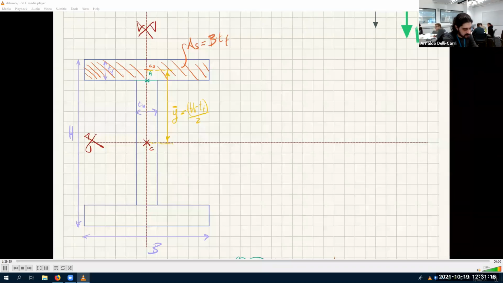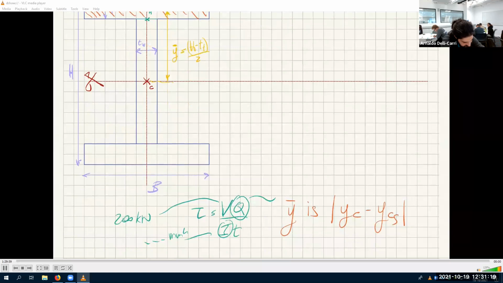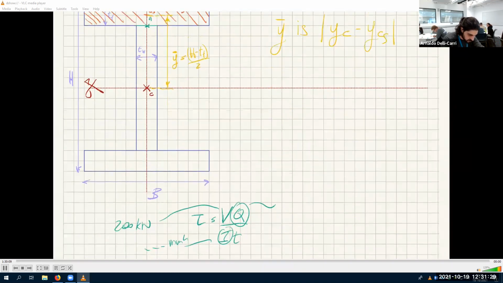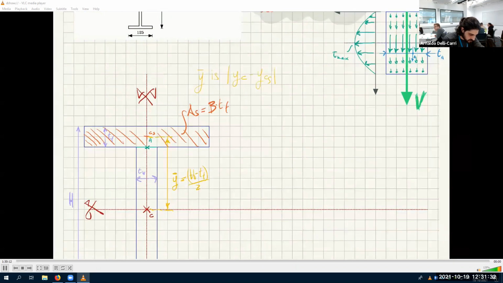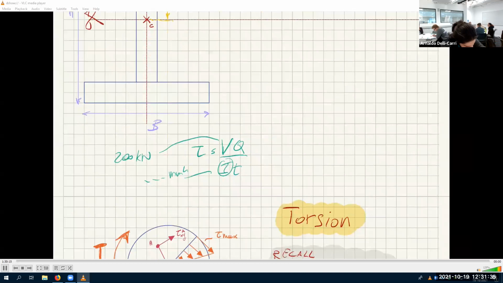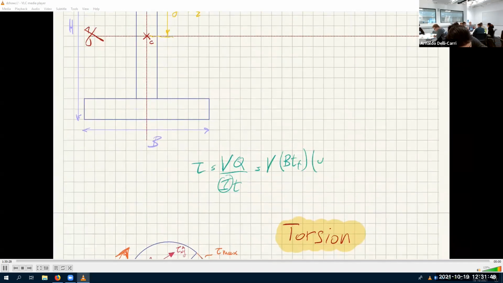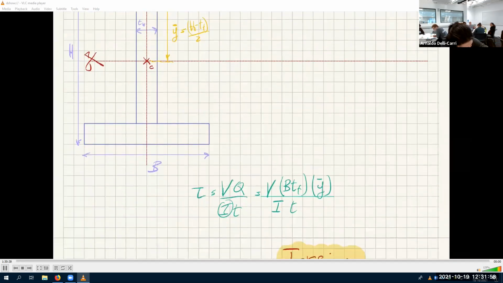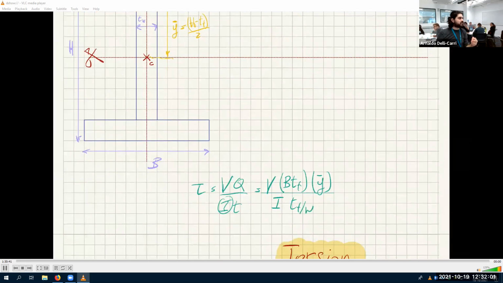So overall, I get that tau is equal to V times B TF times y bar divided by I times T. And this T is either TF or TW, depending on if you're looking on one side or